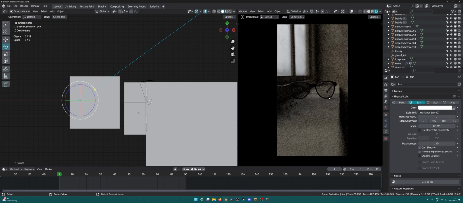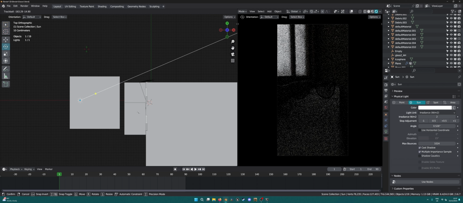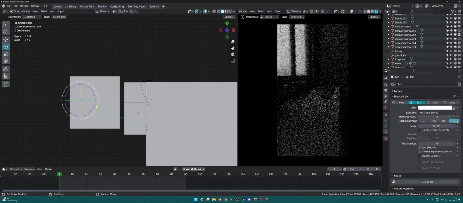I can see the whole glass right now, but before, the shadows are just underneath it. If I turn it the other way, it's just nothing. If I turn it this way, so you need to play with the size,